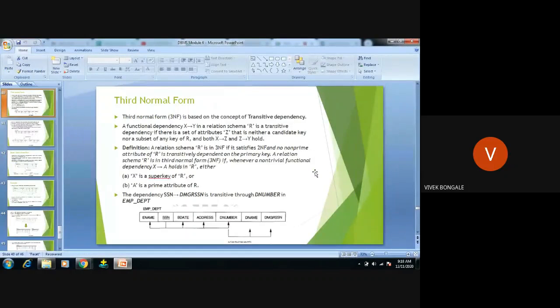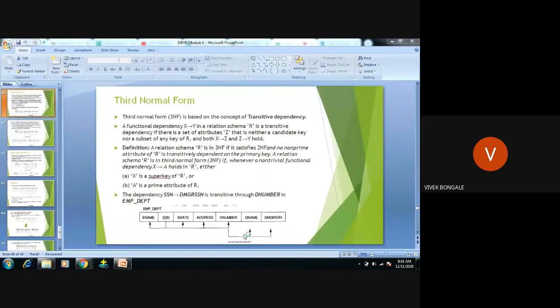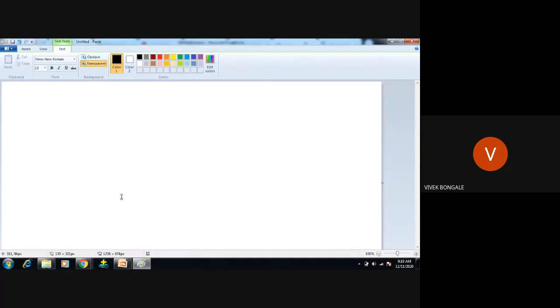Third normal form. Okay. Before going to the definition, I will give a brief on what third normal form is and why we need it. The third normal form says that the table should not contain, first of all, to say that the table is in third normal form, it should